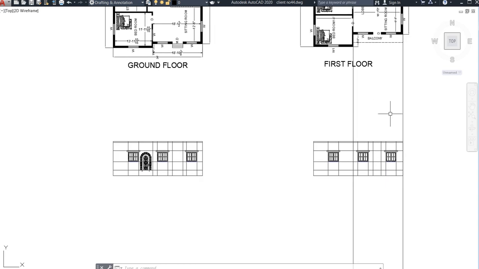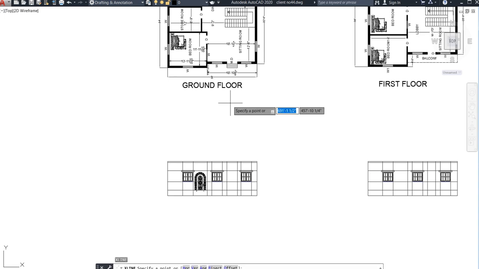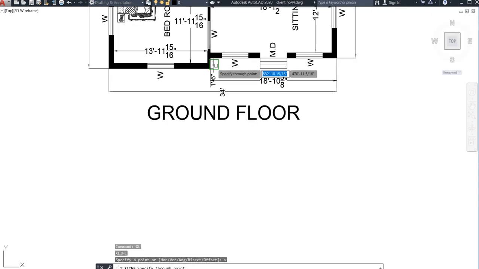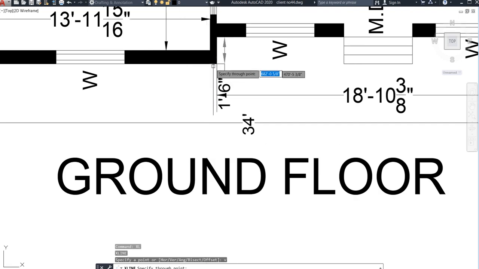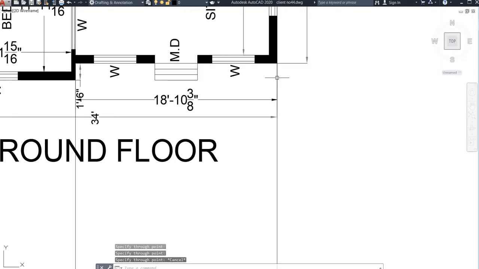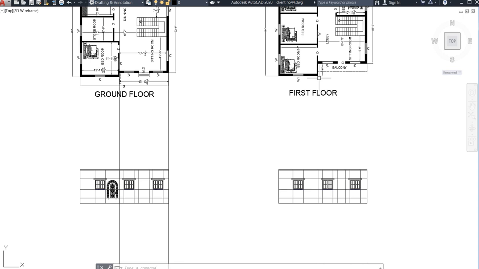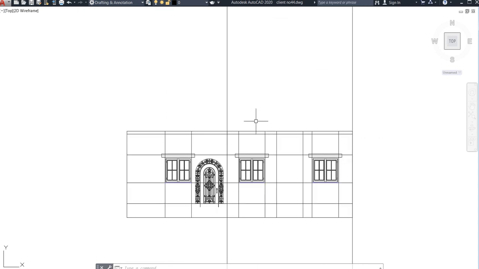So just delete this, I have deleted. Now go for XL plus V enter. See, in this area the balcony is there, right? So just go here and here, skip it. After that this will be our parapet wall. See this balcony and this dotted line is called the parapet wall. What is the thickness of the parapet wall? I'm going to take 3 feet.